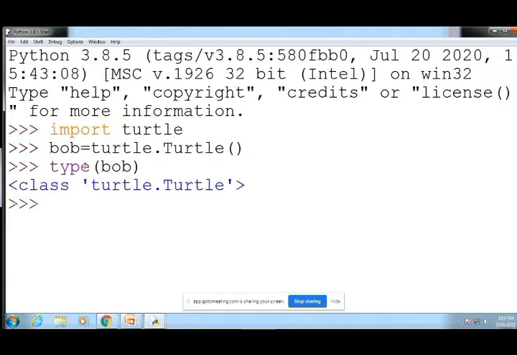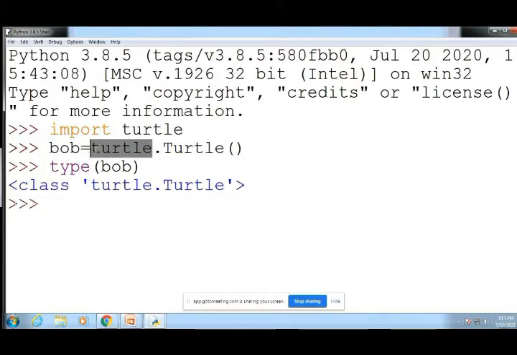So this means that Bob refers to an object with type Turtle as defined in the module turtle.